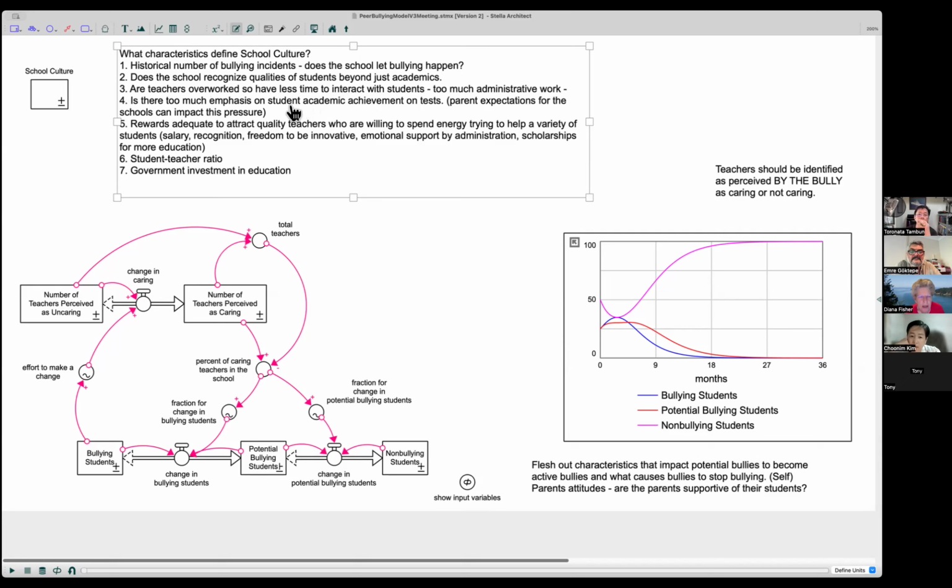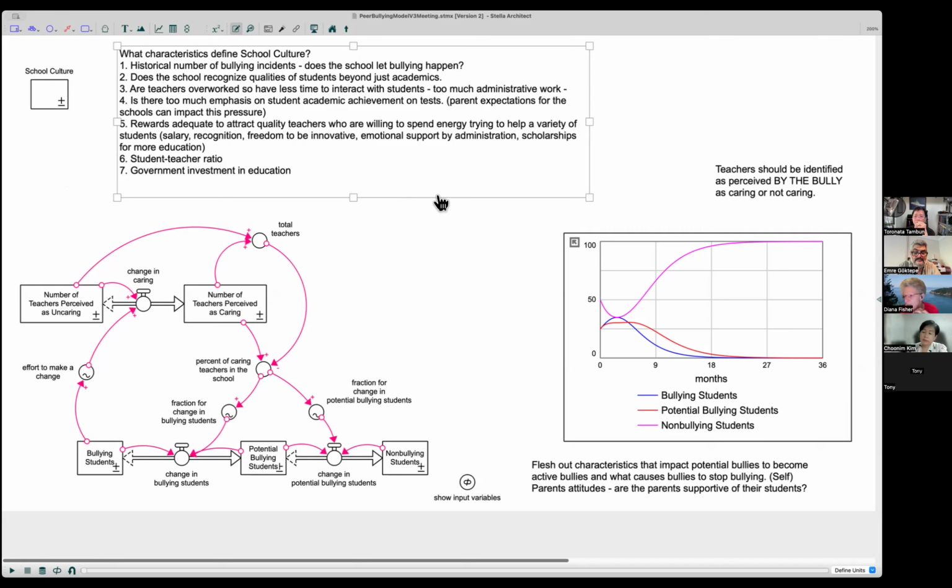That can come from too much academic achievement and test pressure and high student-teacher ratios, so grading is very difficult. Certainly rewards, all of these can be a quality of appreciation of teachers. The bullying incidents, I think that would be fairly easy to add. So